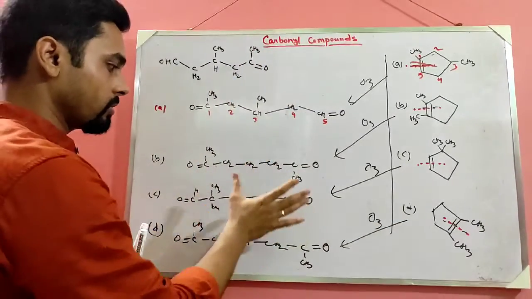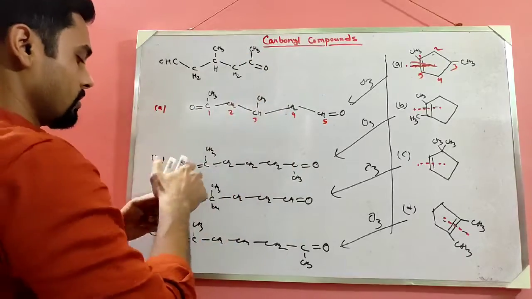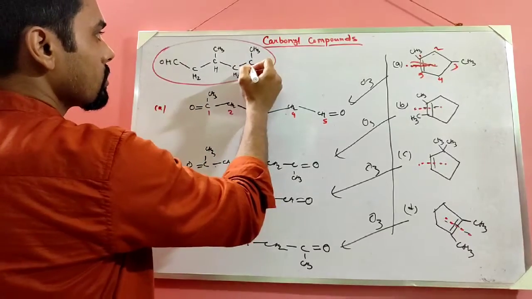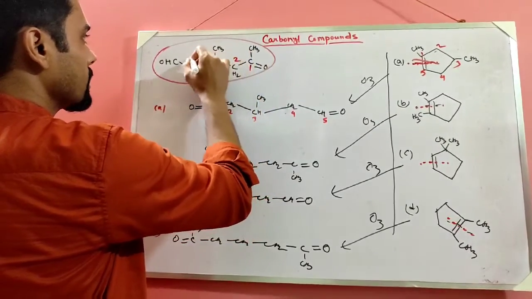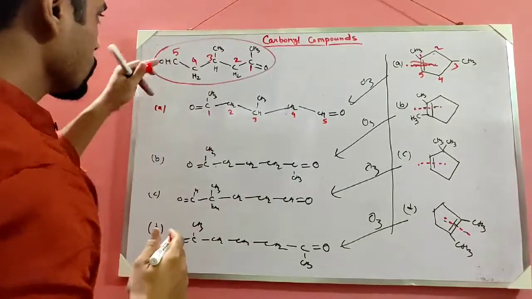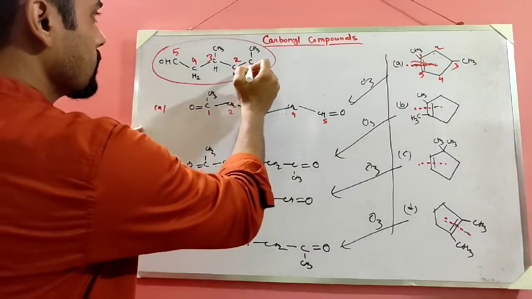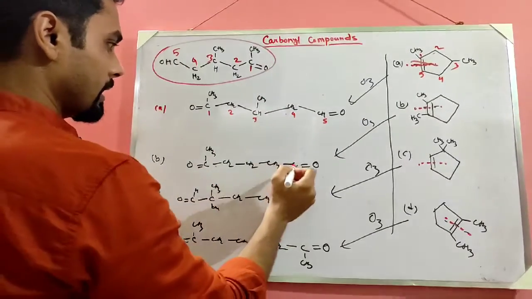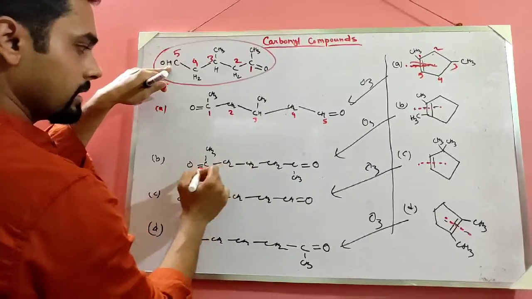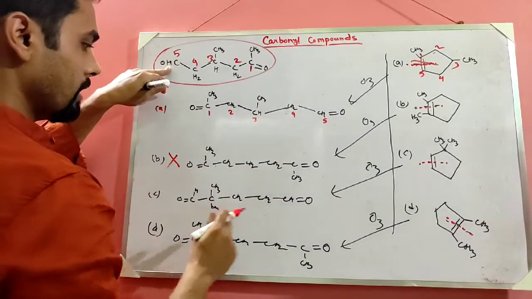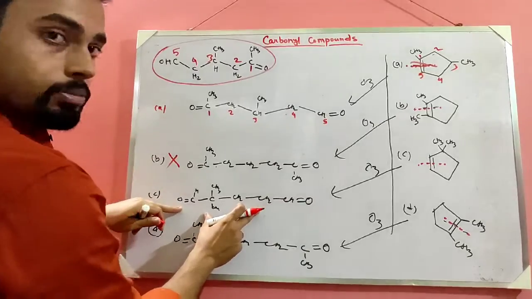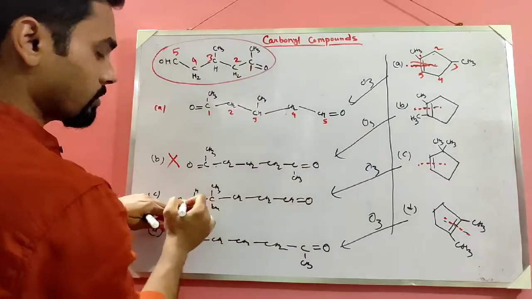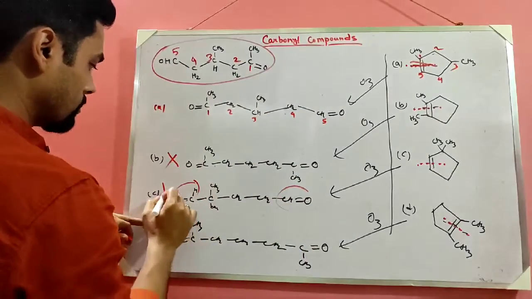So which one matches this compound? Okay, if we give numbers here also, we will get 1 2 3 4 5 carbons. So which one is similar to these compounds? See, at one position COCH3, here COCH3 but CHO here, so this will not be the product. Look at this compound, product C: COCH3 is not present here, so this will also not be the product.